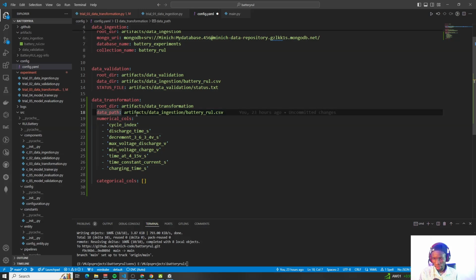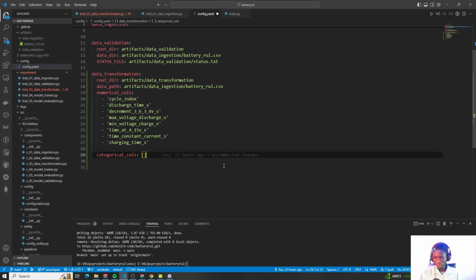So data path, it's in the data ingestion, and this is the data itself. Then we are just listing the numeric columns, and the categorical columns. But in our data, we don't have categorical columns. But I've just created an empty list such that